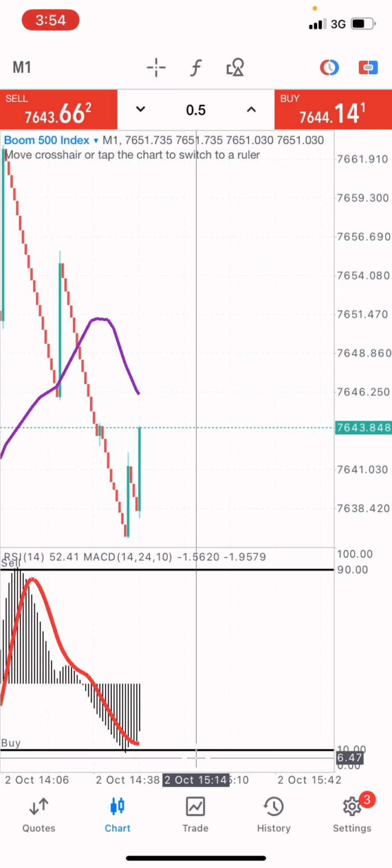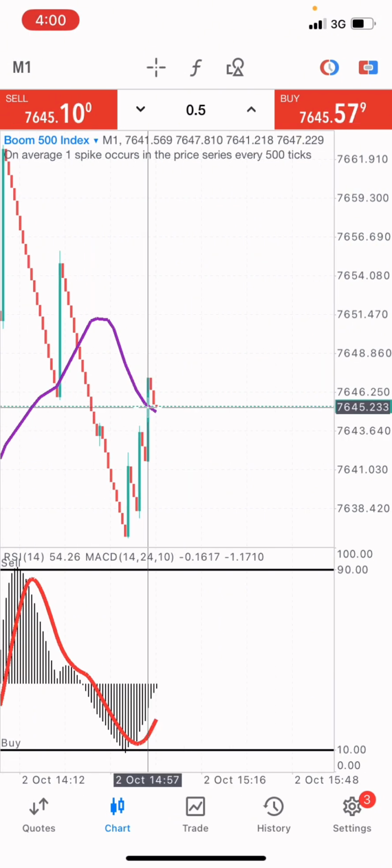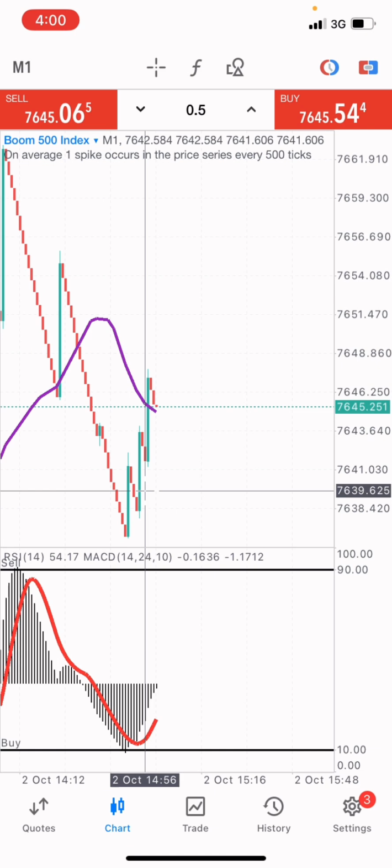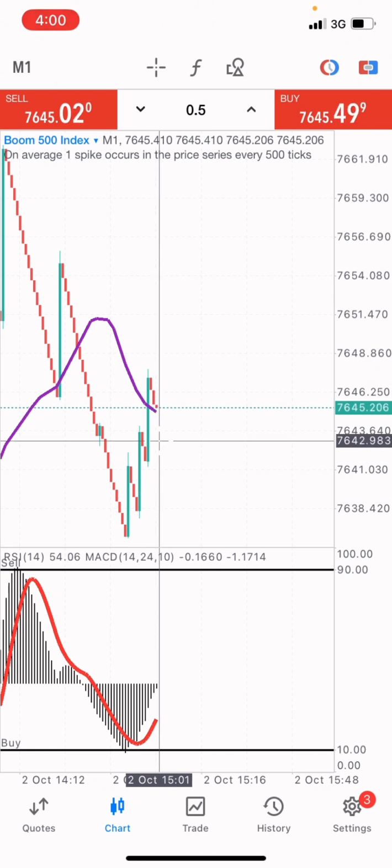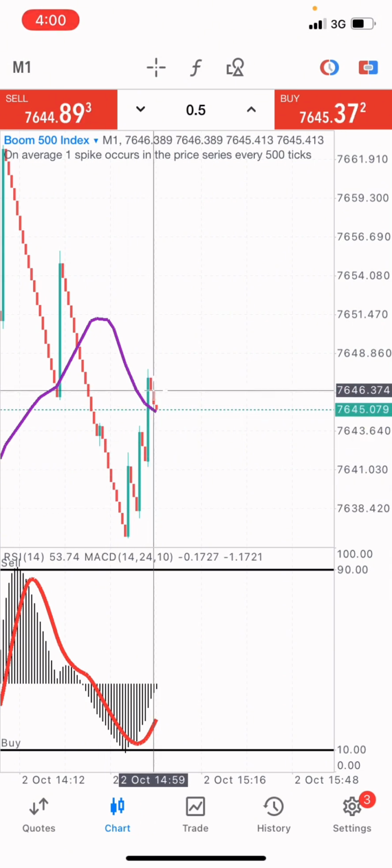Now the spike just came into this market right now. So just like I said right here, we're looking for a buy opportunity. All right guys, sorry about the sound outside, it's raining, so I hope you can really hear me at this very point. So as you can see right here, we're looking for a buy opportunity.